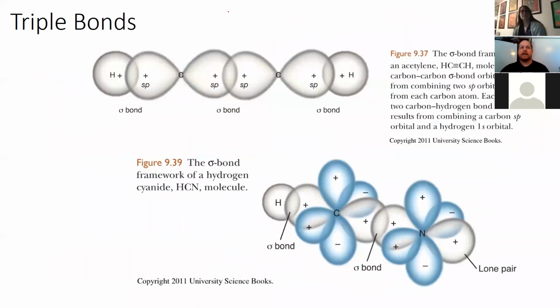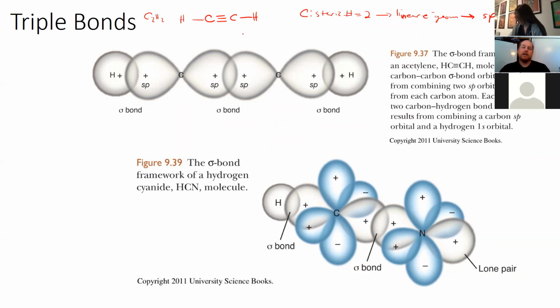So when we think about triple bonds, it's important to start to put this in context of the molecule first. So we can look at acetylene. Acetylene has the chemical formula C2H2, and so you get a Lewis structure that looks like this. And if you have C2H2, the carbon has a steric number of 2. And if we have a steric number of 2, we know it has a linear electron geometry,